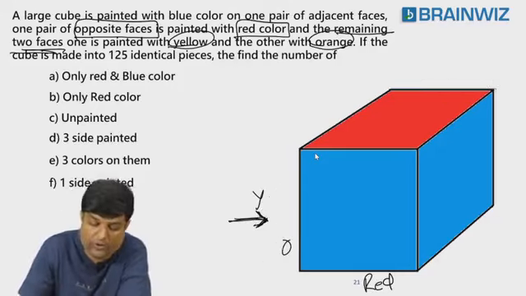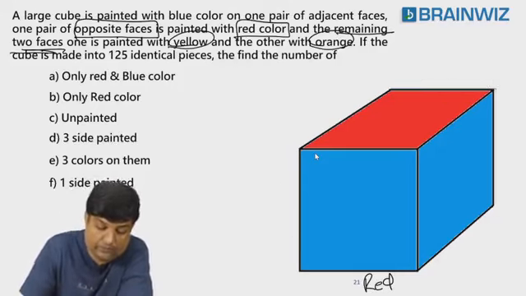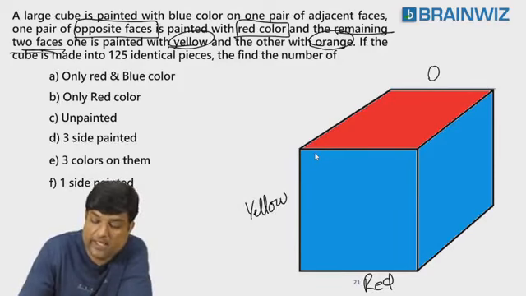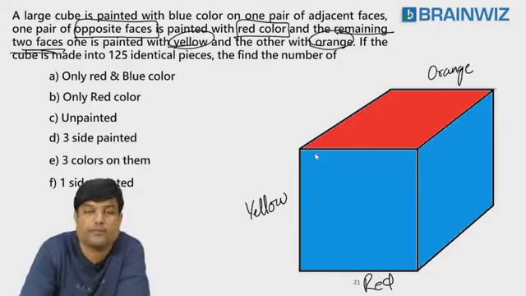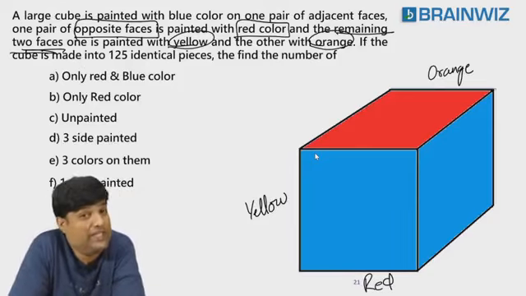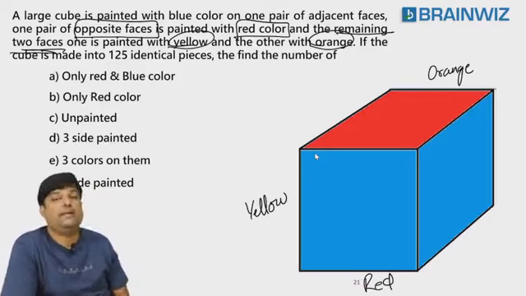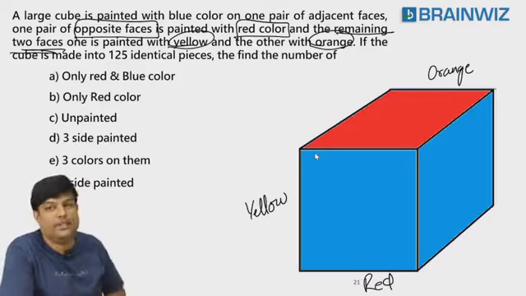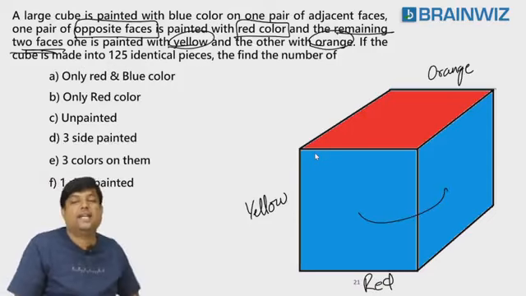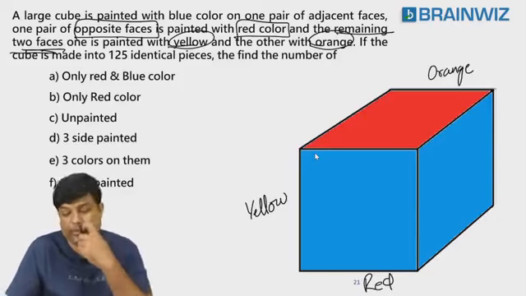Okay, so what I'll choose here, I'll put here yellow. Here orange at the back side. Following everybody. So I didn't paint in my style. I painted in the question style. Whatever guidelines he gave me, I have checked the guidelines and painted. Adjacent with blue. Yes, sir. Top and bottom with red. Yes, sir. And the remaining two with yellow and orange. Is that fine, everybody? Chaliye.